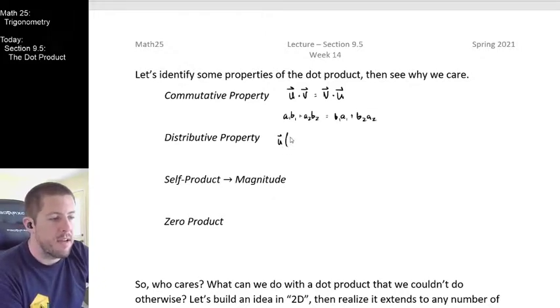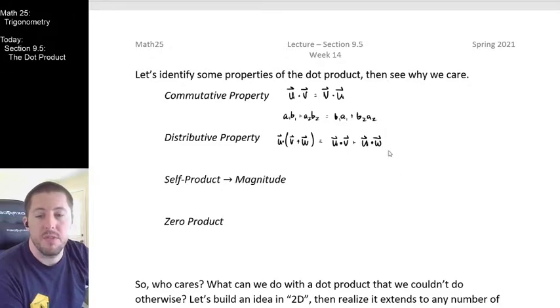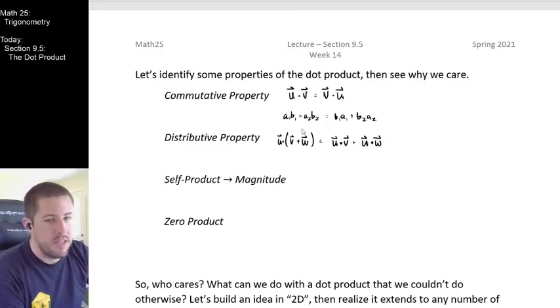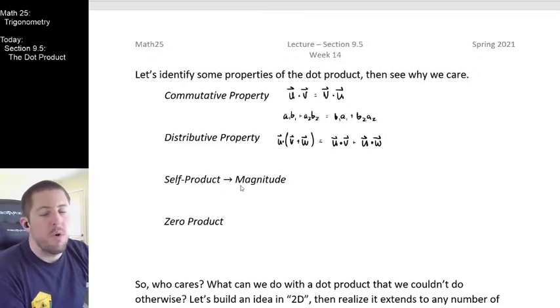This says that if we take a vector u and multiply it by a sum of vectors v plus w, we can in fact distribute that dot product and get u dotted with v plus u dotted with w. Just like the distributive property for scalars, we get an equivalent distributive property for vectors, and quickly you could give yourself some a's, b's, and c's and convince yourself that that's going to be true. Our big important one for the day, that we're going to use multiple times, is that